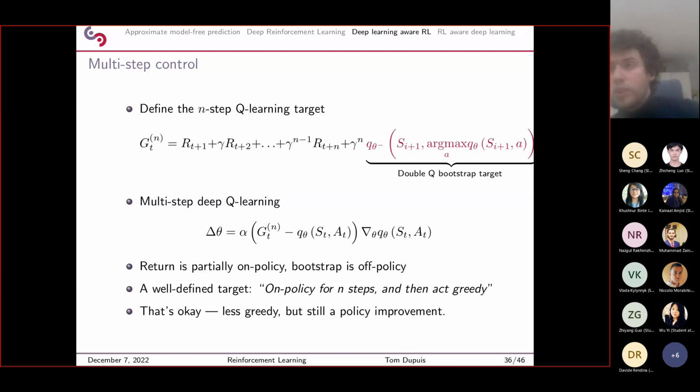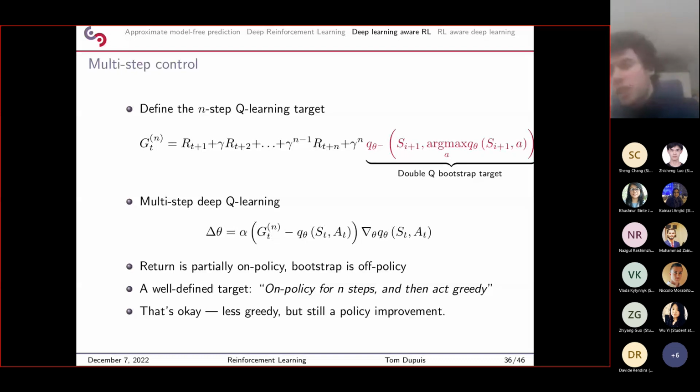Remember, until now we said we do bootstrap prediction with the one-step bootstrap. We can also do n-step, which is instead of only using one reward and then directly using the estimate of the value for the rest, we can say, okay, we first collect n rewards along the trajectory, and then for the rest of the future, we bootstrap. We use the Q-value function approximation. And so the return is partially on policy,